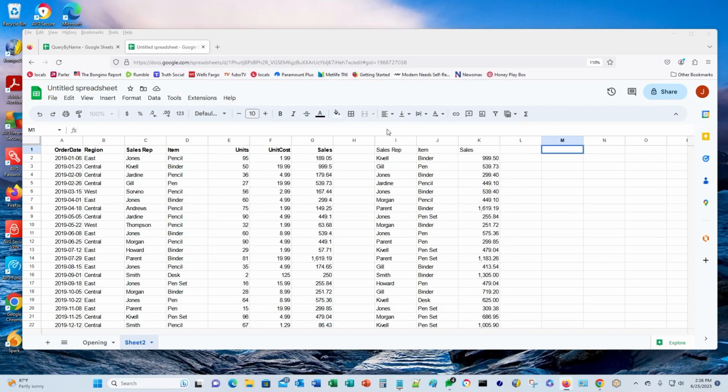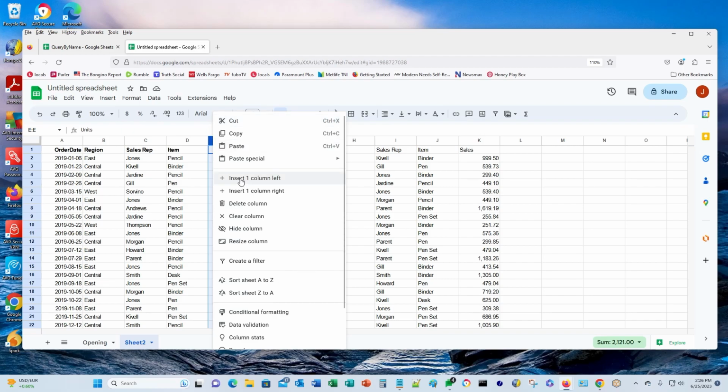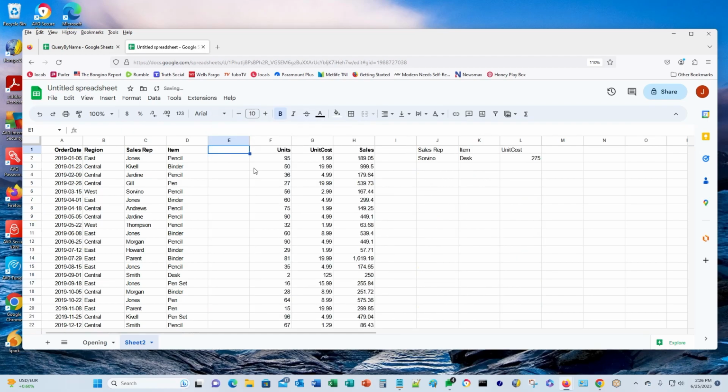Another reason, which, I mean, you can get used to that, of course, I did. Many of us can adapt to just about anything, but another reason that it becomes much more important is that if your columns change, you insert a column or something like that. Let's say you want to start tracking the item ID, and if we insert a column here, item ID, all of a sudden